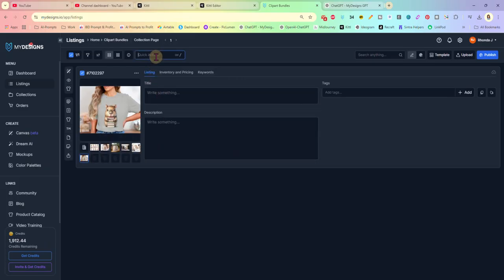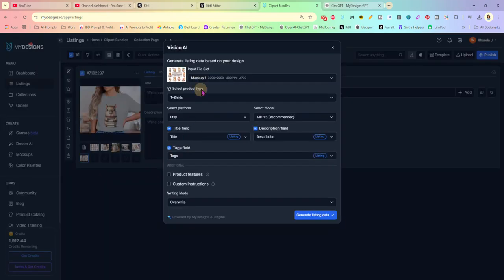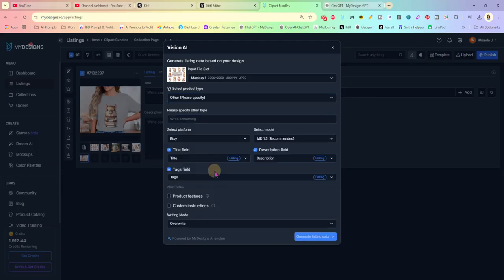I'm going to select Other, and I am going to tell MyDesigns that I am selling a clip art bundle, 300 DPI transparent PNG images, and then we are going to let MyDesigns hopefully determine that I do in fact have a capybara there,